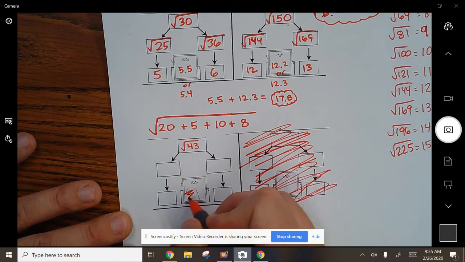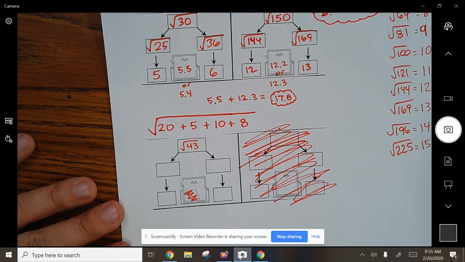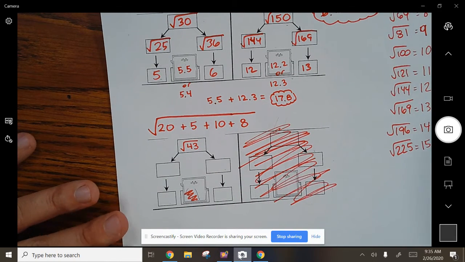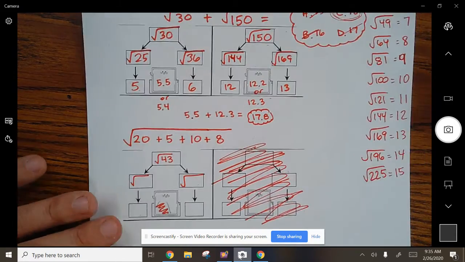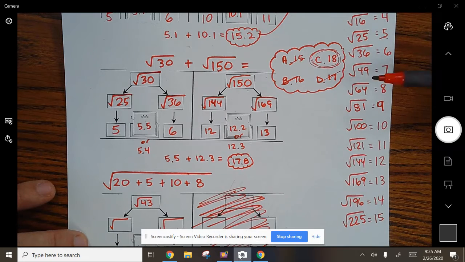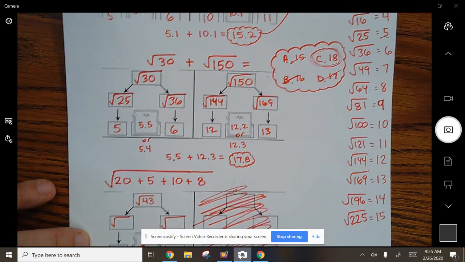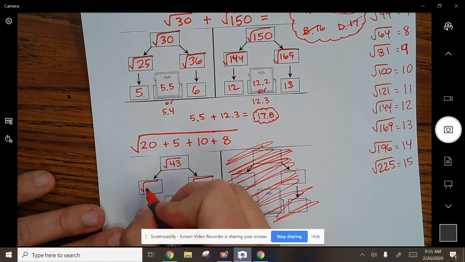I don't know why this is here. I must have taken some old one. Cross that out. That's not right. So now look at this and see that we're going to find our two perfect squares. Now 43 falls in between 36 and 49. Okay, pretty close in between those. 36,